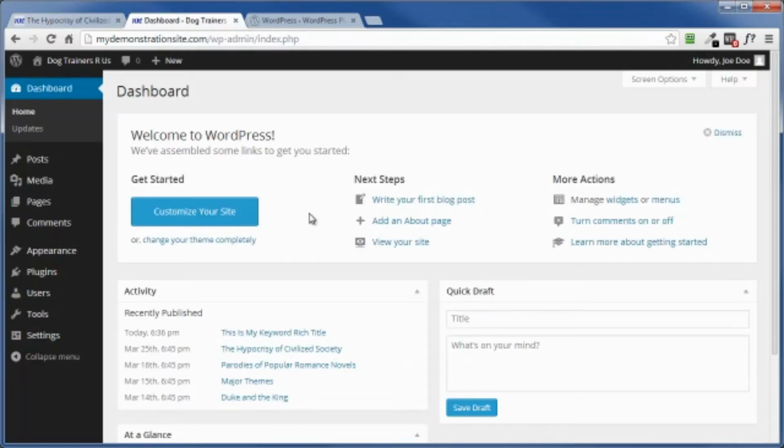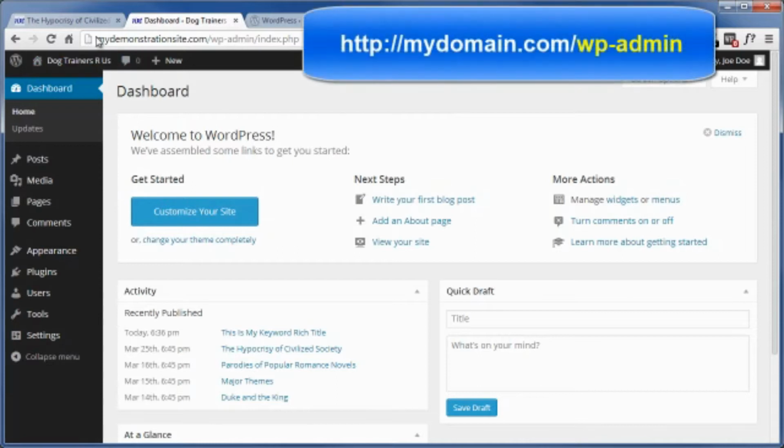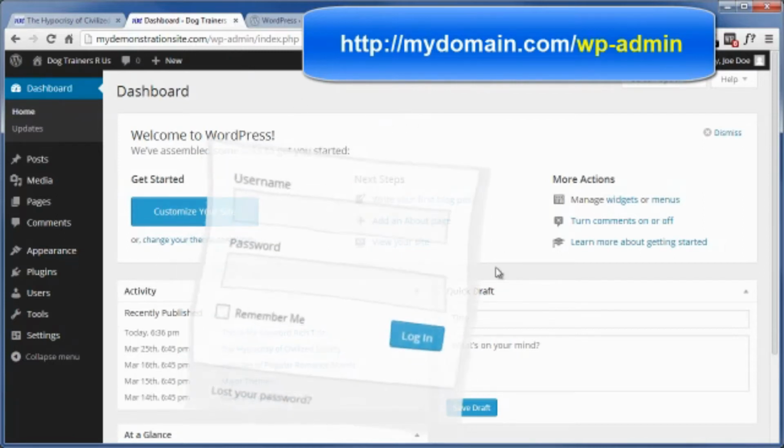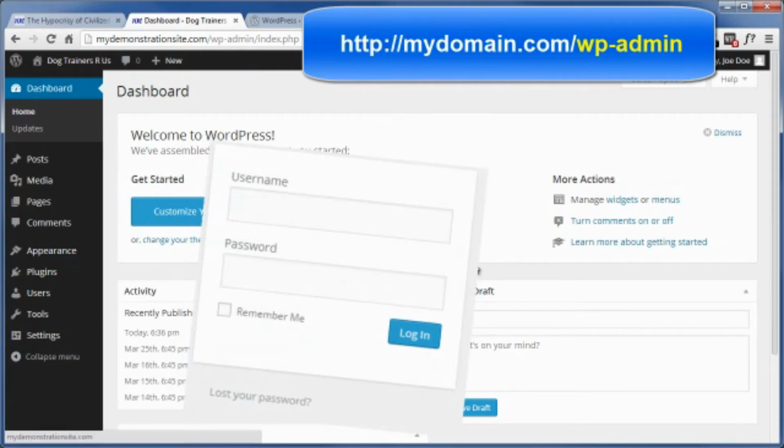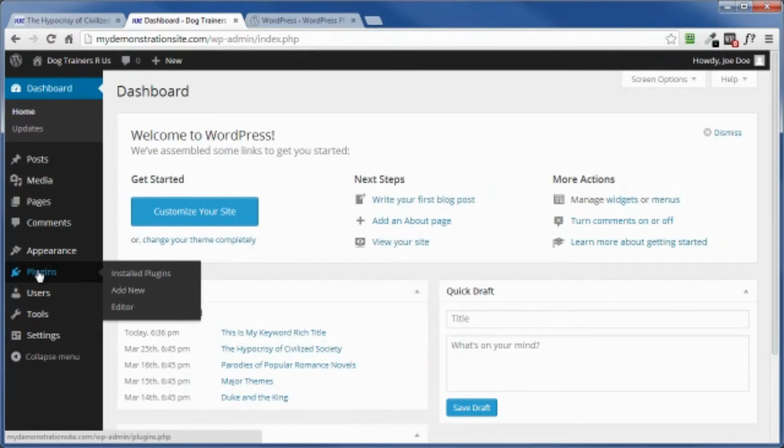And I've already done that here. If you haven't done so before, just put the URL to your WordPress site up here in the address bar of your browser. Follow that by /wp-admin, hit enter, and then a box is going to pop up asking for your login credentials. Enter that stuff, log in,